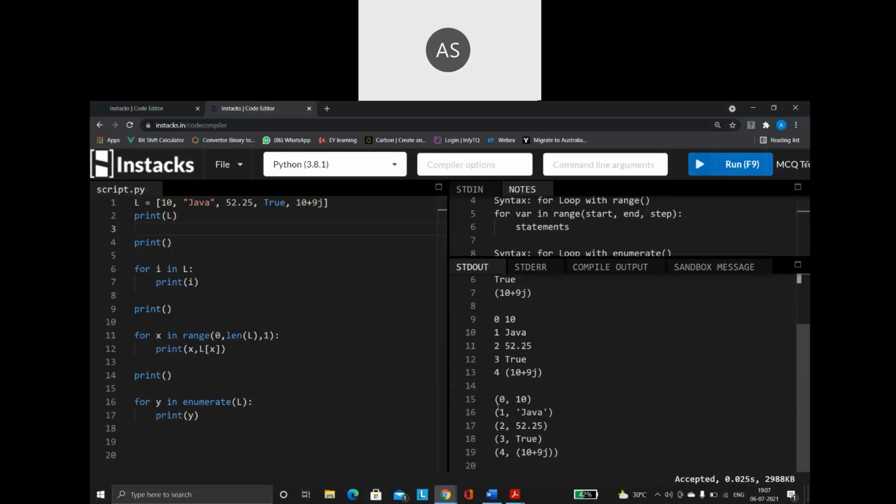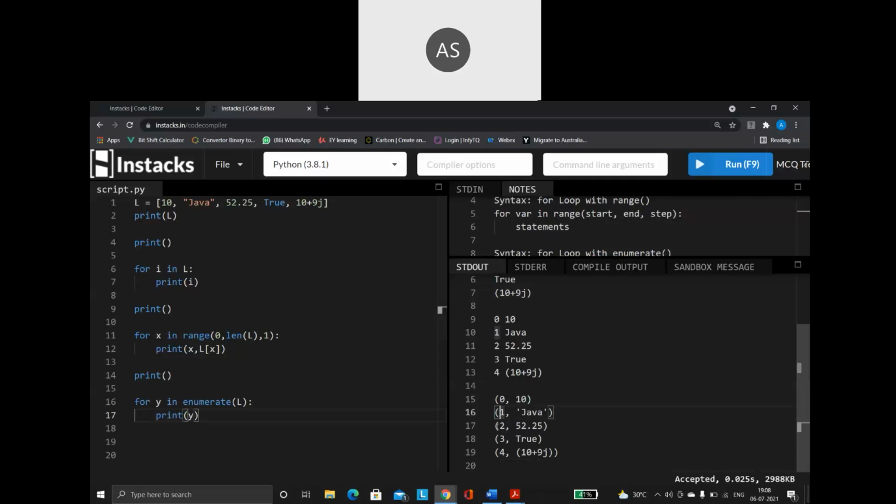See how my enumerate function is printing the values? Index position and the value stored at index position. So I don't have to specify anything. I will simply pass the name of the sequence inside the enumerate function. That is name of my string, name of my list, name of my set. So whatever is the variable that is holding the value, I will just mention the name of that variable. So automatically, what will the enumerate function do? It will start from the zero index position. It will always start from the starting. It will go till the ending.